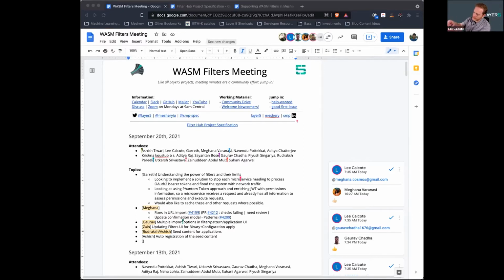It wasn't that it needed to be cached inside of the filter itself, inside of the proxy itself, but rather it sounded like the caching in this case was,